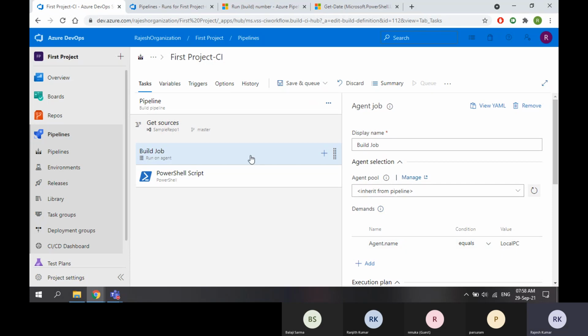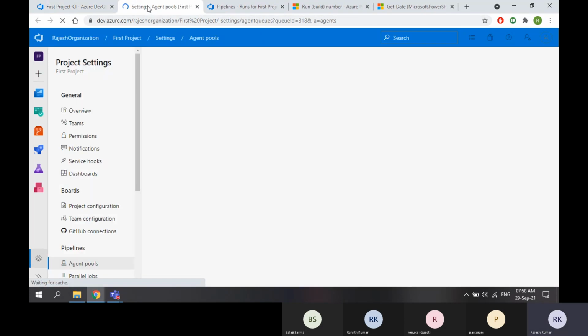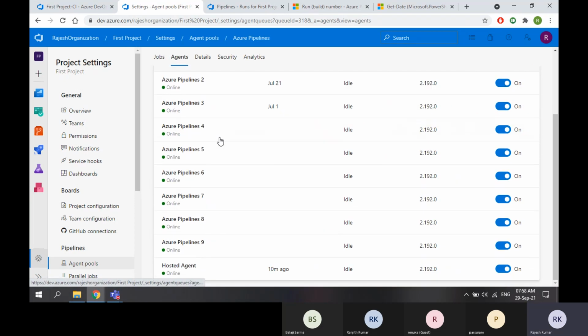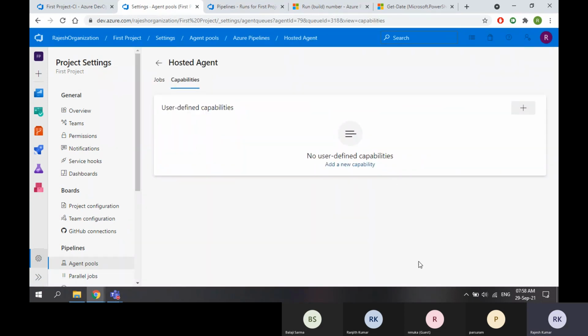But when you are using the Azure hosted pool, the problem here is, so these are agent pools. There will be a separate session, don't worry. So this is our hosted agent. If you go to capabilities, there will be nothing. Why?